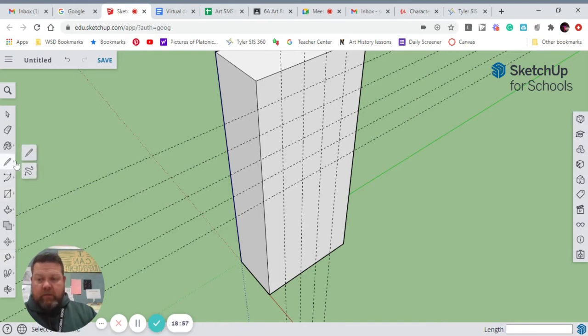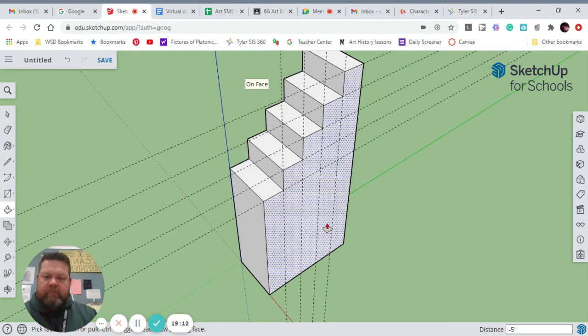So I'm going to go up here to my pencil. Watch this. Click on the pencil. Here we go. Boom, boom. Following my guides. Push, pull. Set of stairs. Pretty cool. Okay, now what I use the eraser for more than anything else is I'm going to erase my